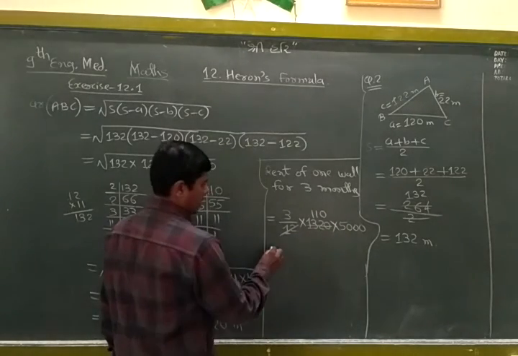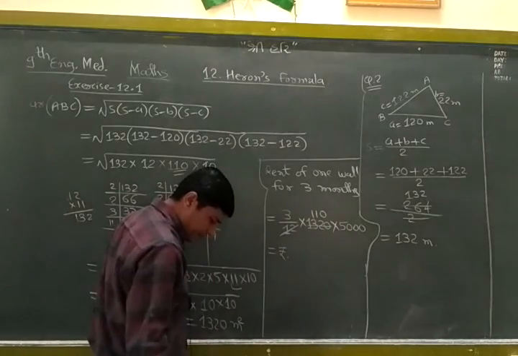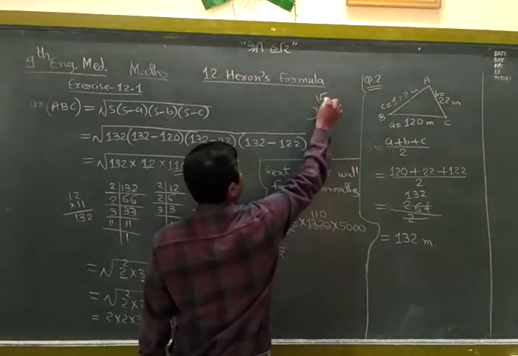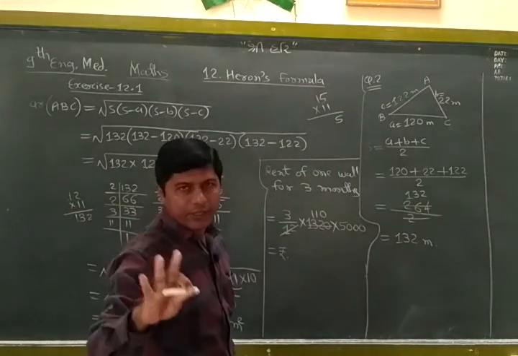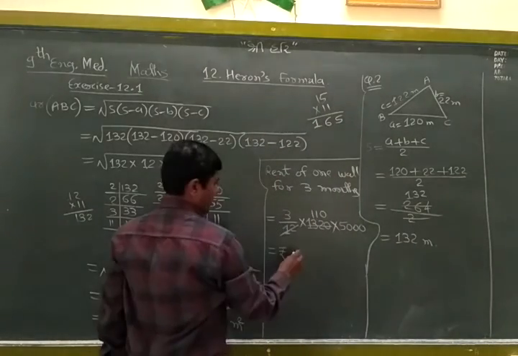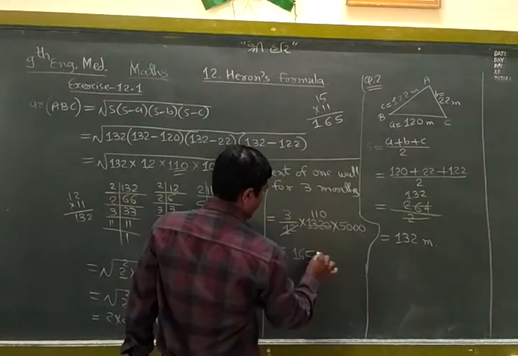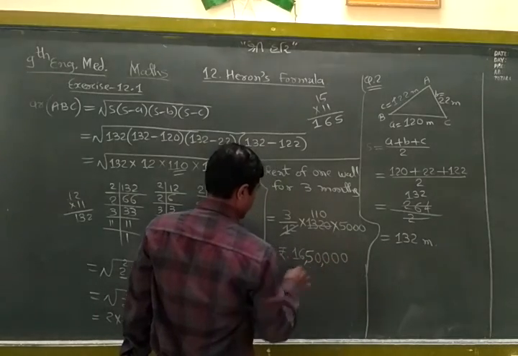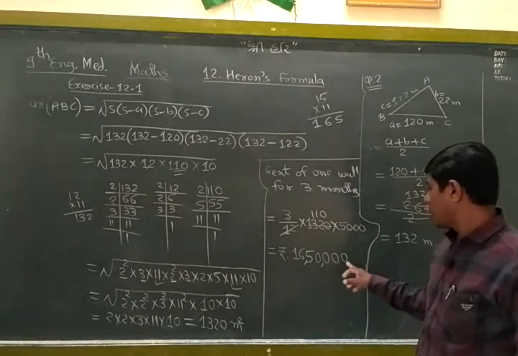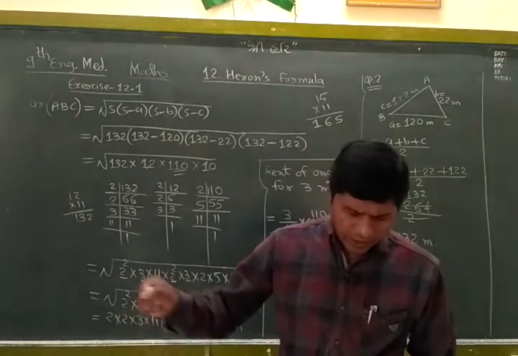110, so rupees 3 fives are 15. 15 into 11: we will do it by Vedic maths first, for 11. 5 of 5, 1 plus 5 is 6, 1 of 1, 165. How much is 165? 1, 2, 3, 4, this. 16,050, 16 lakh 50,000 rupees given for the advertisement. Okay, this is the advertisement.